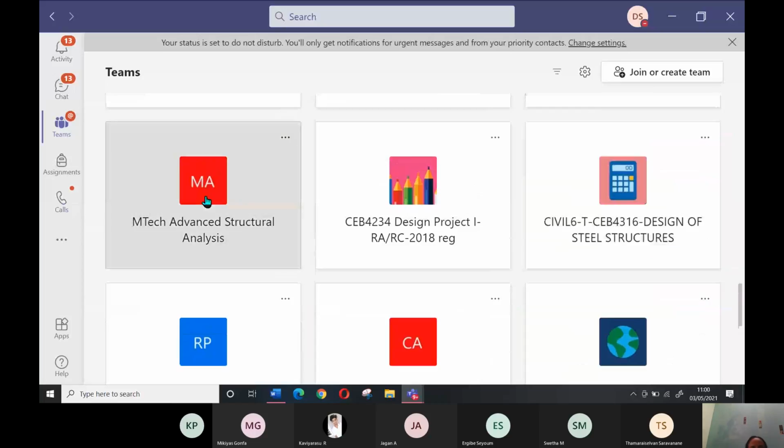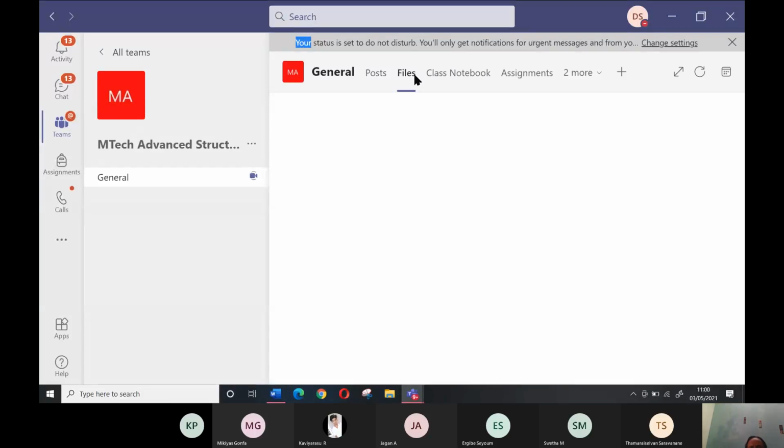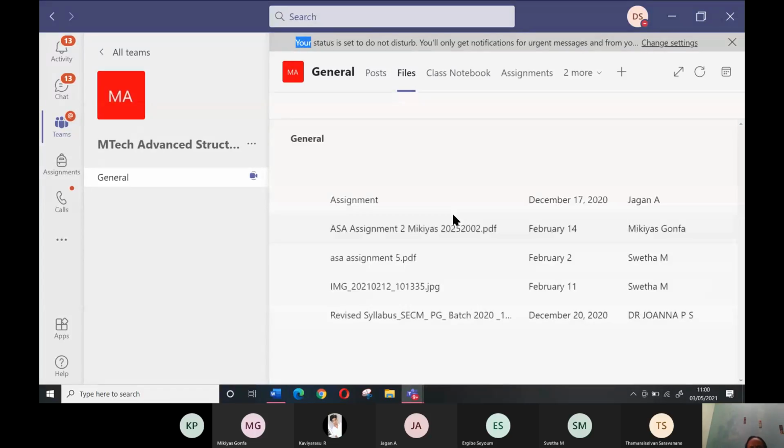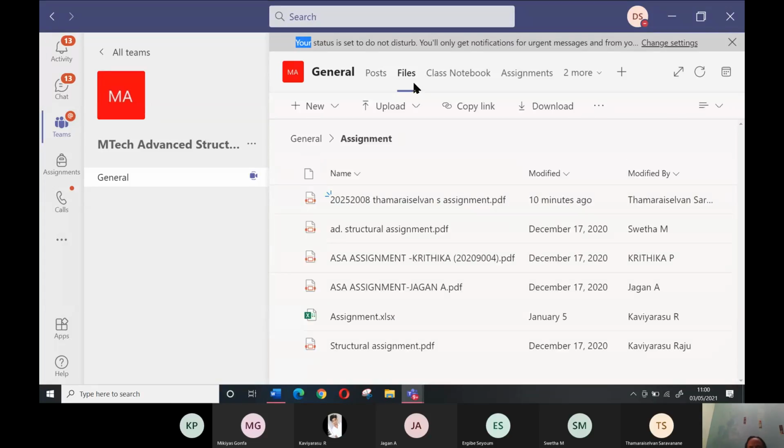You can go to the files, or class materials, don't do it there. Go to assignments, you open it, and then you upload the file. Already Kritika and Jagan have uploaded, so go to assignments, then you upload it. Okay, ma'am. RGB also. Tamare Selvan, you might have missed some of the assignments initially since you joined late. Ma'am, I uploaded, ma'am. You uploaded. Okay, then no problem.